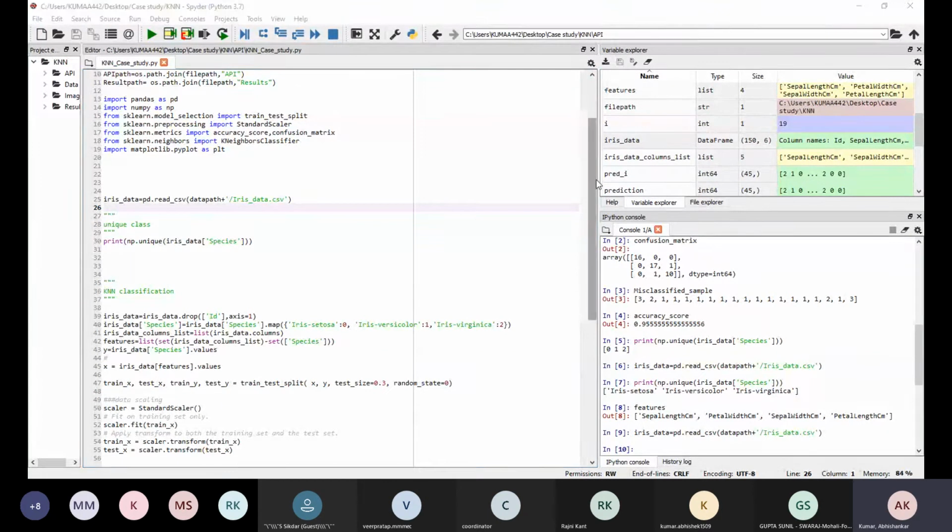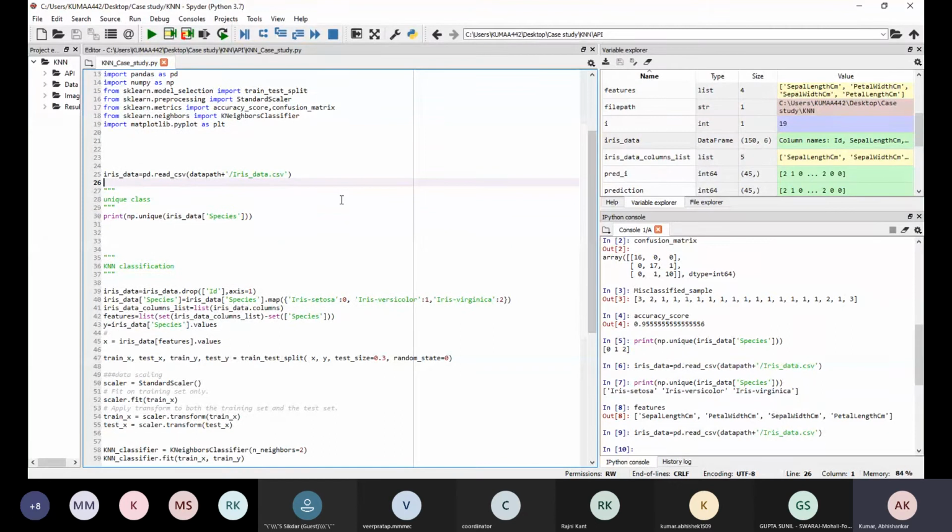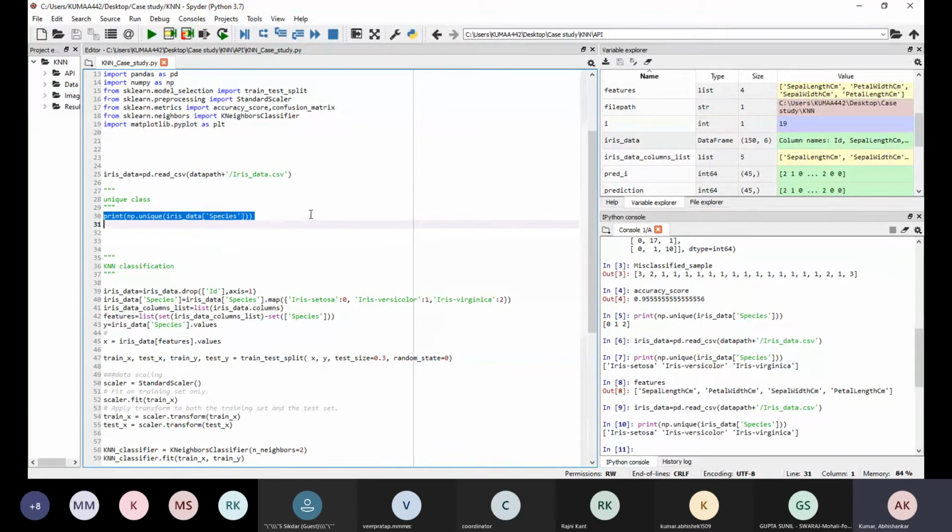Okay. So next we want to understand how many different classes we have in our data set. So np.unique, iris data, and then you have to give the column name. It will give you, in this column called species, how many different classes are present.